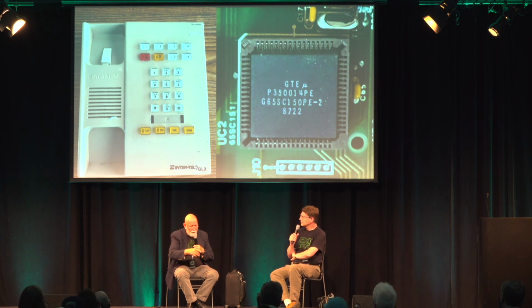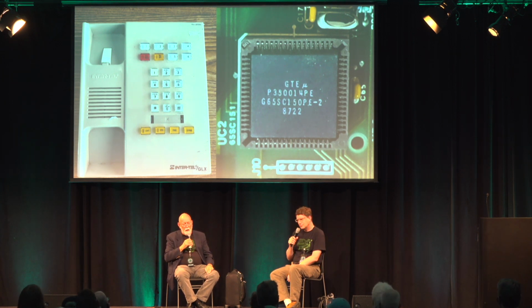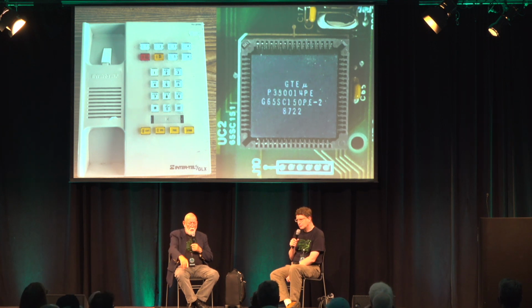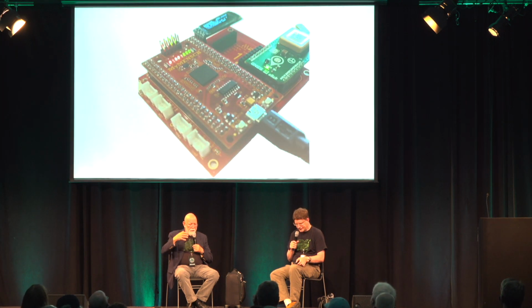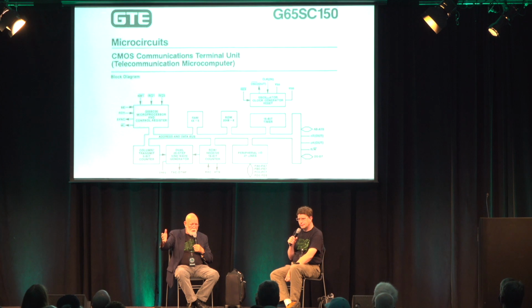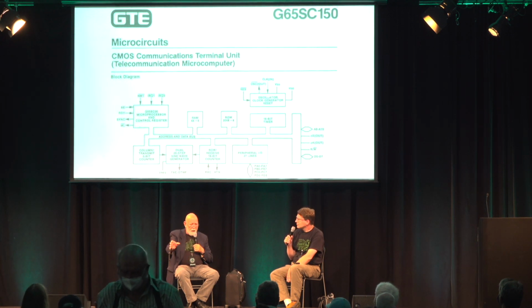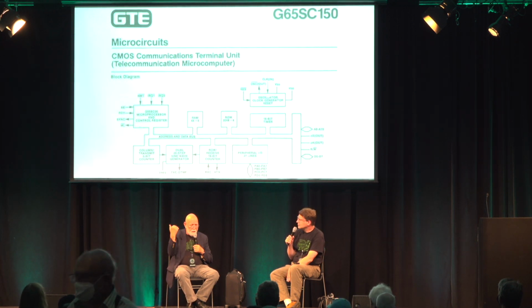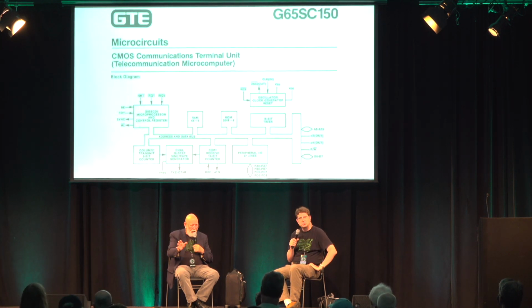That's what happened here. So when I went over there, see the 65SC150? The 150 was a one-chip system. When I came back from Belgium, they wanted me to quote on a 2-chip system, 6802 plus another chip. I came back and said, we can put it all on if you throw out the 6802 and put the 6502 in there, which did not exist.